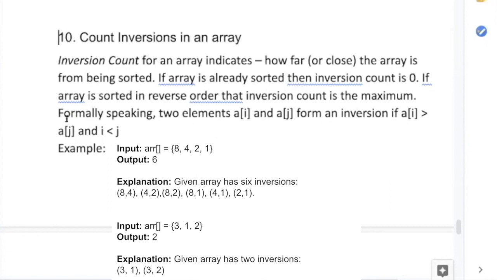So formally speaking, in an array you have to figure out how many times the swapping is going to happen, right? And if you can tell the number of swappings that can happen while sorting the array, this will give you the count of inversions. So basically you have to tell the number of swappings. And again, I stressed a lot when I was talking about the sorting algorithms, in which I told you how many times the swappings are happening. So if you apply the same concept here, if you find the exact count of how many swappings happened, that will give you the count of inversions in an array.